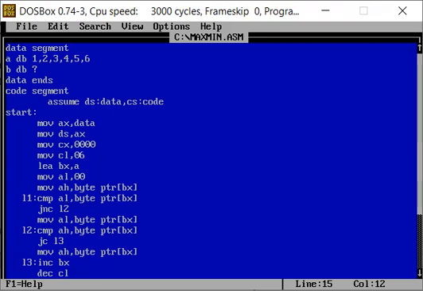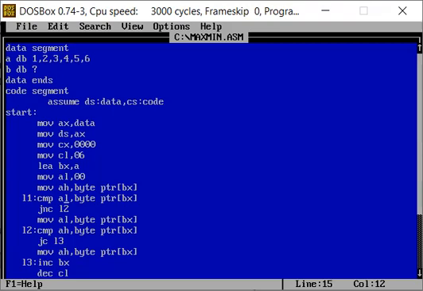If AL is less than the element in the array, it will not execute the jump statement because it is jump not carry, and it will execute this. It will move the element into the AL register.